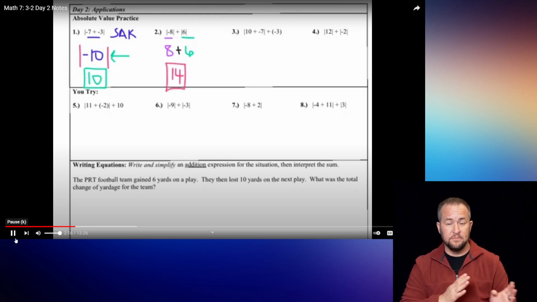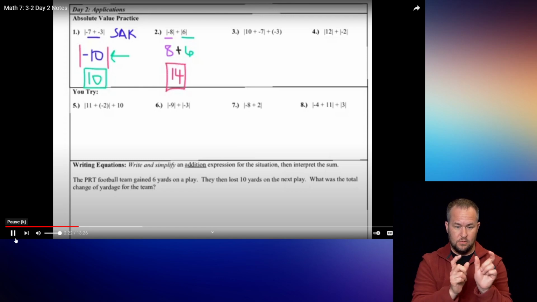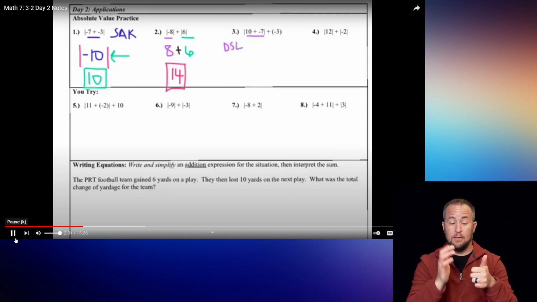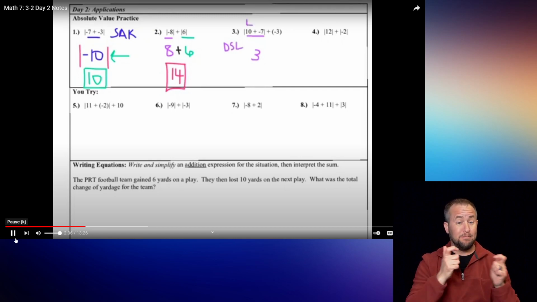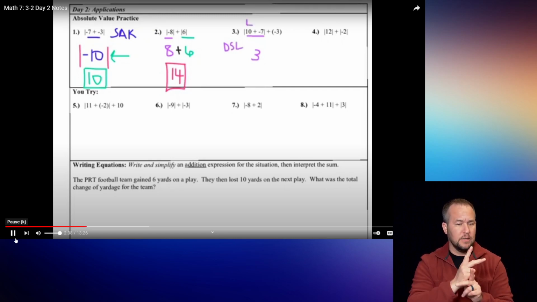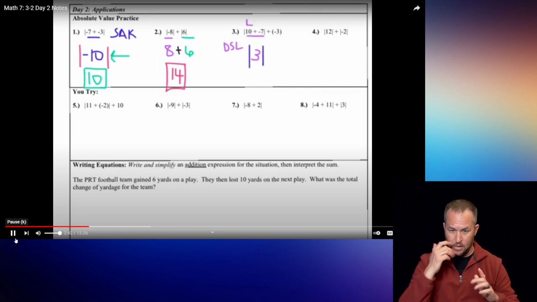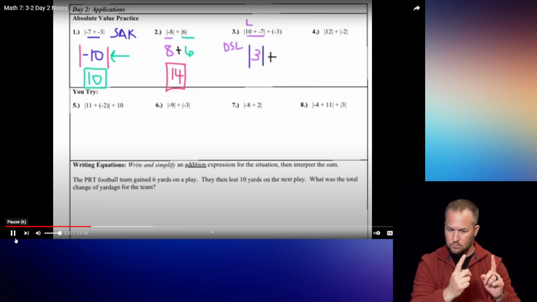Okay, next one. Number 3, again, I have 2 terms inside of absolute value. So when I have 2 terms there, you're going to simplify first. So with those 2 things, I see that they are different signs. So I'm going to subtract and keep the larger. When I subtract 10 minus 7, I get 3. And then because the 10 is larger and the 10 is positive, I'm going to keep it as a +3. And then I'm going to bring down my absolute value bars because I have not yet done anything with those absolute value bars. Also, I am going to bring down the rest of the problem, so plus, and then in